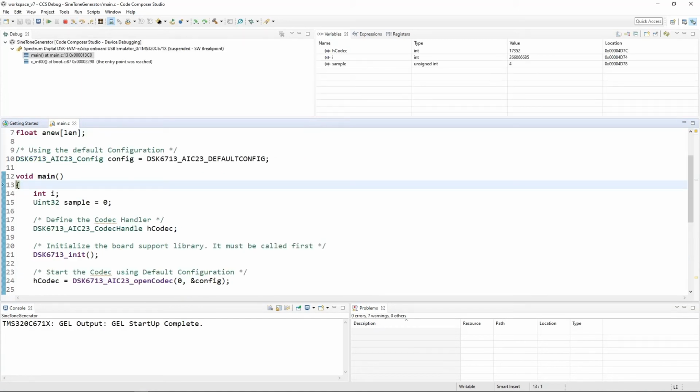Once the debug window has settled, we can simply resume the code that has already been programmed on the DSP processor. We should understand that as soon as we press the debug button, the .out file that has been generated against your project, which contains the machine code of the C code that we have already written here,